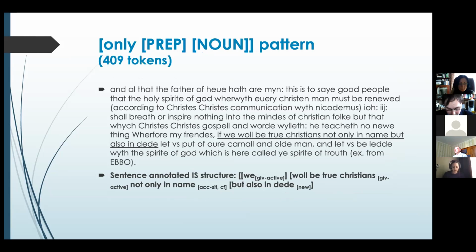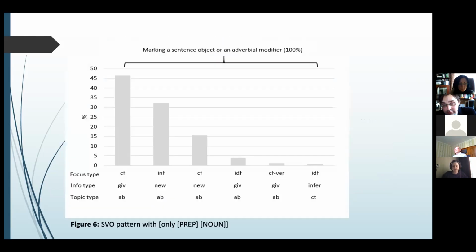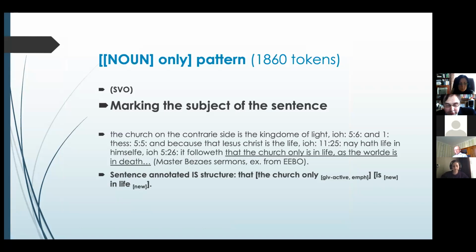Another pattern analyzed is only plus preposition plus noun, and the contextual analysis of tokens shows that in 95% of instances, it is followed by the NP, while the rest of the examples were eliminated due to the fact that the noun position is usually occupied by the verb. Figure 6 shows the frequency of various foci types and the information status in the discourse. And this model is often employed when the NP renders new information and informational focus, which is a distinguishing feature of this model compared to the previous model. And the last model under consideration was noun plus only, and instances in the corpus